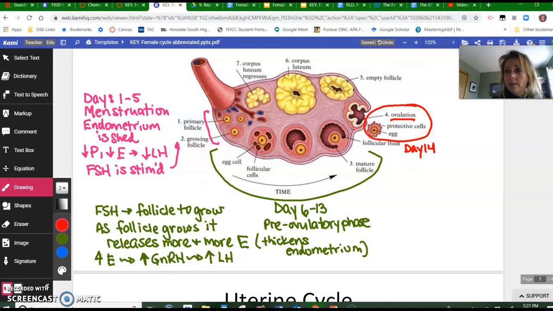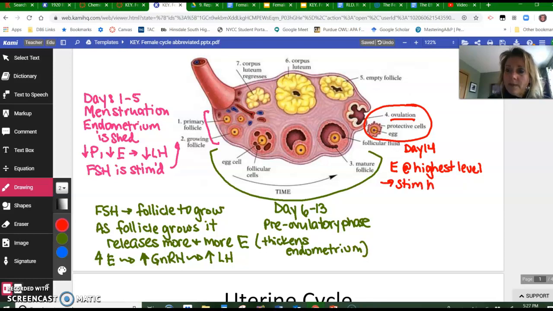And the reason why this is happening is that at about day 14, once our estrogen is at its highest level, it's going to stimulate